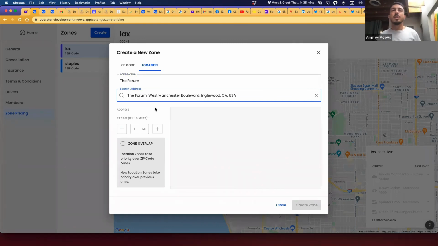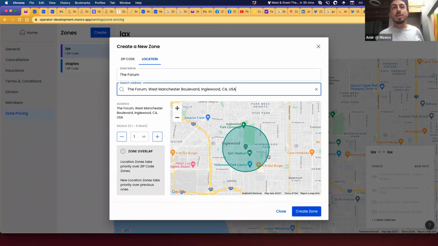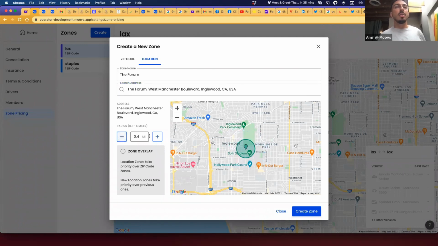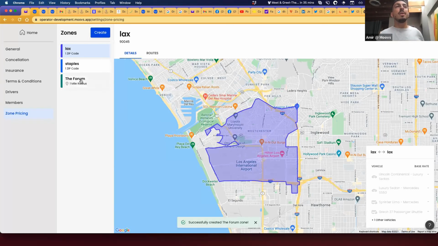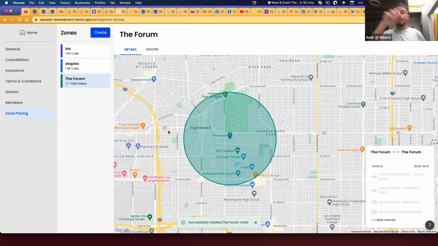So what you can do here is set up a radius, a location zone that says this is my zone, and I can make the radius smaller or bigger for this area. And when I create this zone, I click on the Forum and I see that this is a zone.